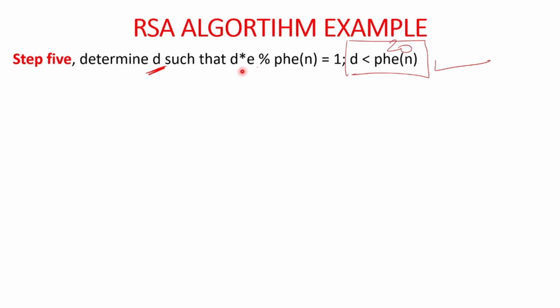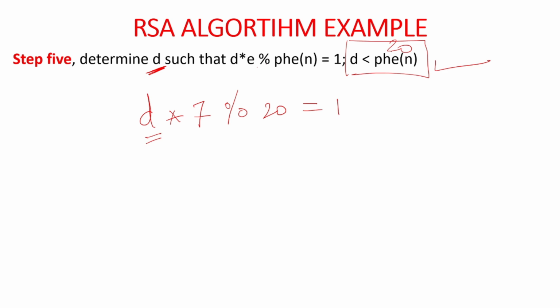This is the formula, D into E mod phi of n. We have to apply this formula and calculate the value of D. It should also satisfy the condition that the D value is less than phi of n, that is, D has to be less than 20 because the phi of n value is 20. It cannot be greater than 20. So how will we calculate this now? Write the formula as it is: D into the value of E, which is already given in the problem as 7, mod phi of n, which is 20, equal to 1. Now just do trial and error. Just take the value of D, starting from 1.